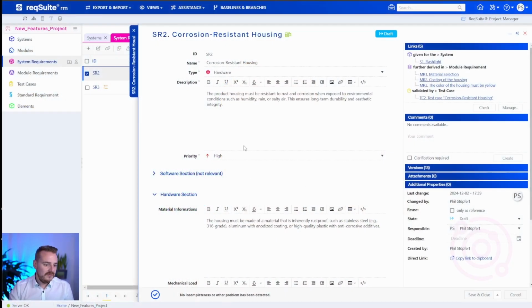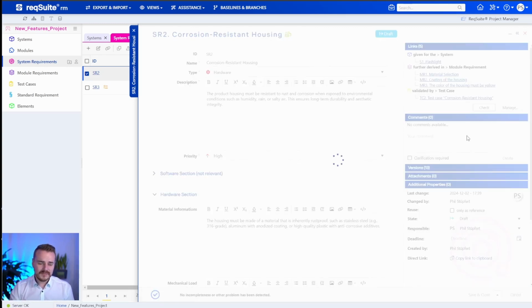This is also the case for the new AI-supported verification of refinement consistency. This helps with the evaluation of requirements derived from other requirements. I directly jump into the reqSuite again, and what you can see here is a system requirement, again the corrosion resistant housing, and from that further module requirements are derived: the material selection, the coating of the housing, and the third module requirement, the color of the housing must be yellow. Sounds not so right at the moment, but I can click on the check button,